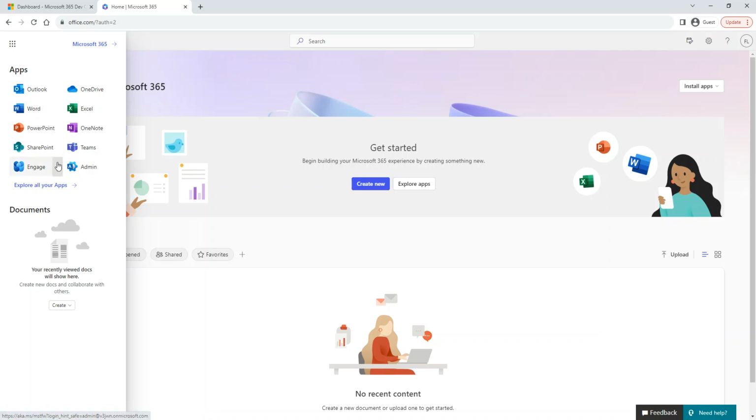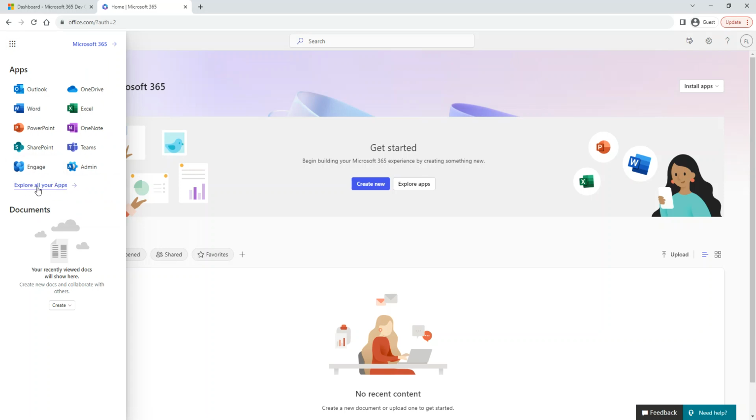Each one of them can be pinned or unpinned. If you don't like it, you can unpin it, because you can only display a few things in here. For example, if I don't want this one, you can unpin it. This is for personal preference. You can bring all of the apps that you need on this first click so that you can get to them. But there are other apps that you can go to.